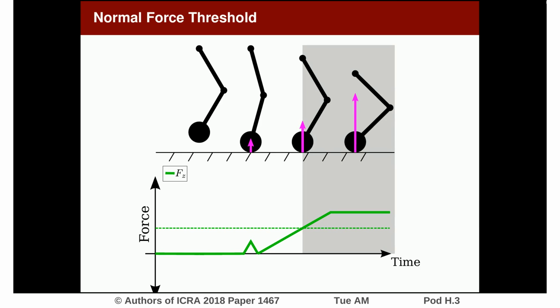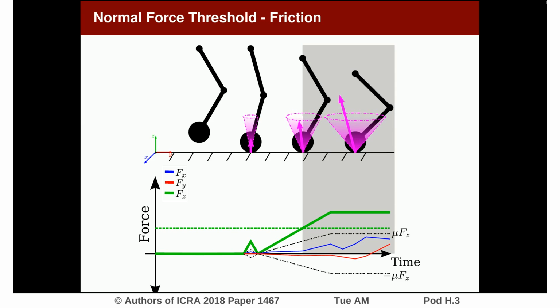But really we don't want to know just when the foot is touching the ground, but when it can actually support creating forces in different directions without the foot slipping. So for that we'd have to consider the friction cone as well and look at the lateral forces and keep them within these cones. But it's actually a bit more complicated for a humanoid because we also have the center